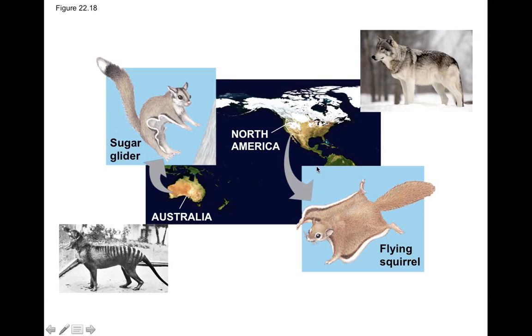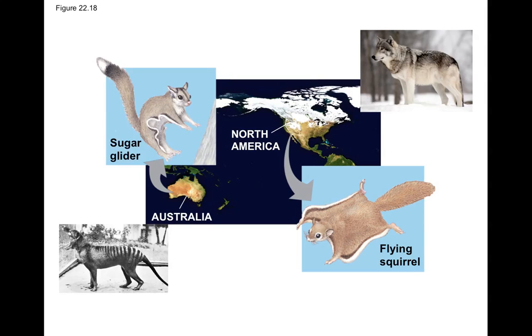And you might say, well, gosh, these places are so far apart. How does a flying squirrel glide from North America to Australia? And the answer is they don't. Sugar gliders evolved independently in Australia because there is a similar habitat that makes this particular morphology advantageous. And how do we know that they're not related to each other? Flying squirrels are placental mammals, meaning they are born alive